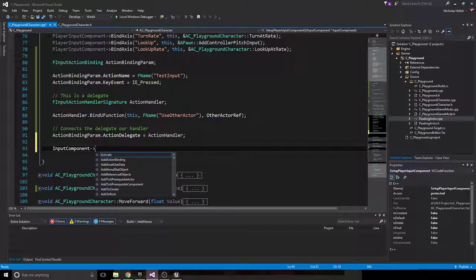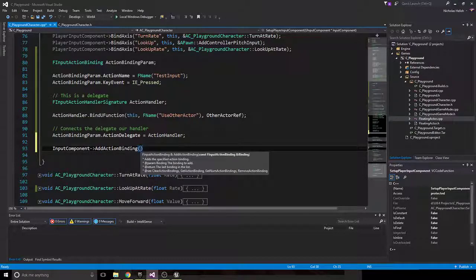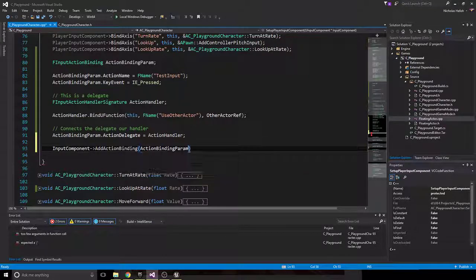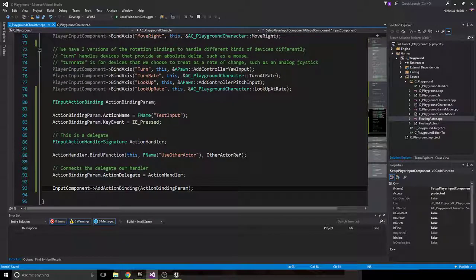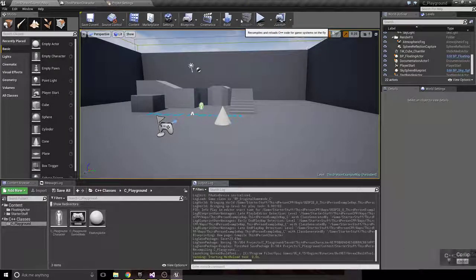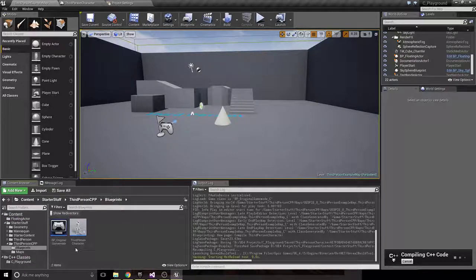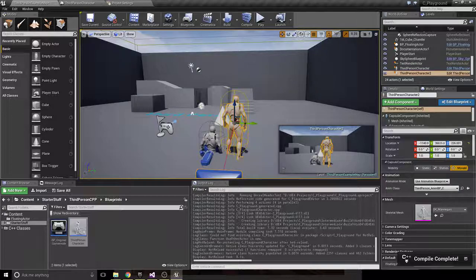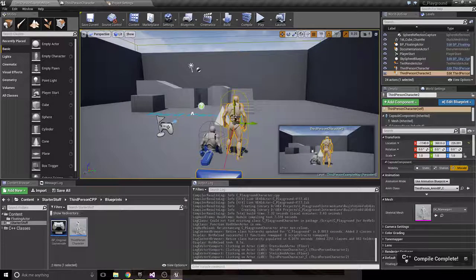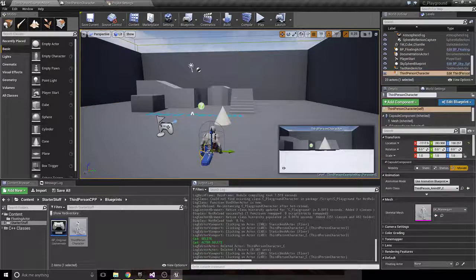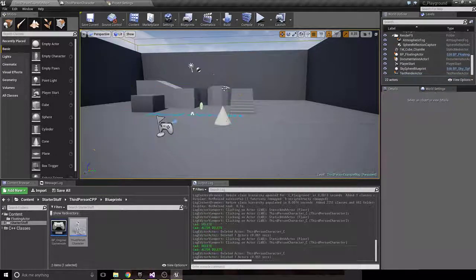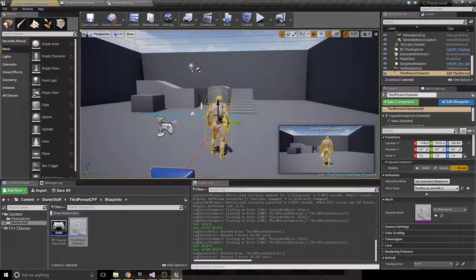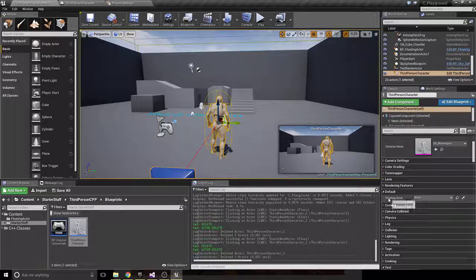Input component, add action binding, and as I said before, this is the binding that we're going to add to it, so we just type in action binding param, and that's it. So now if we go into Unreal, hit the compile button, and I'm going to go into here, grab our character and place him in the level. Whoops. Well, Unreal broke, I guess. Oh, there he is. Alright, let's drag him up, delete him, drag it out safely, and so here's our floating actor, and we're just going to select the one that's there,